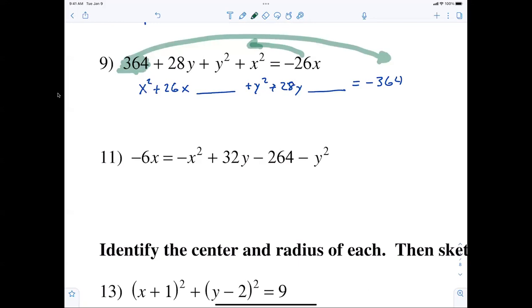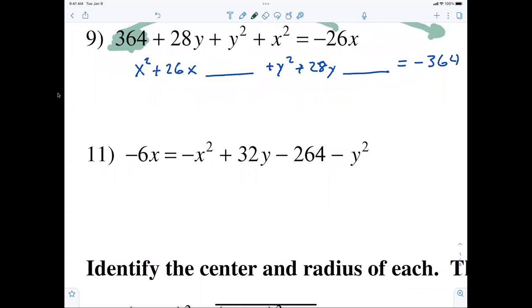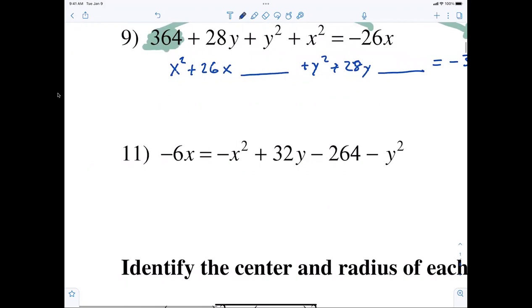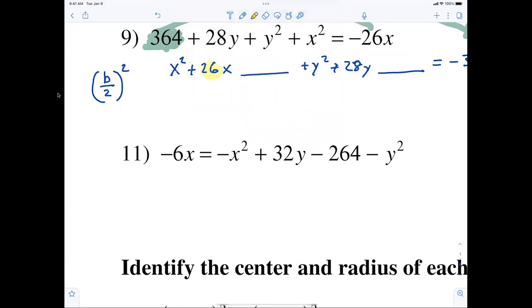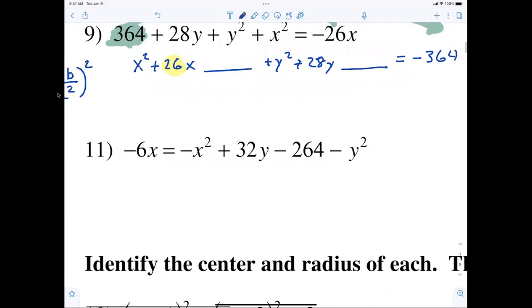All right, now last year at the end of the year, we were talking about completing a square. We need to complete the square on this. Do you remember that little formula? The formula was b over 2 squared. Now, what in fact is the b value? Yeah, the b is the 26. So what's half of 26? What's 13 squared? So you're adding